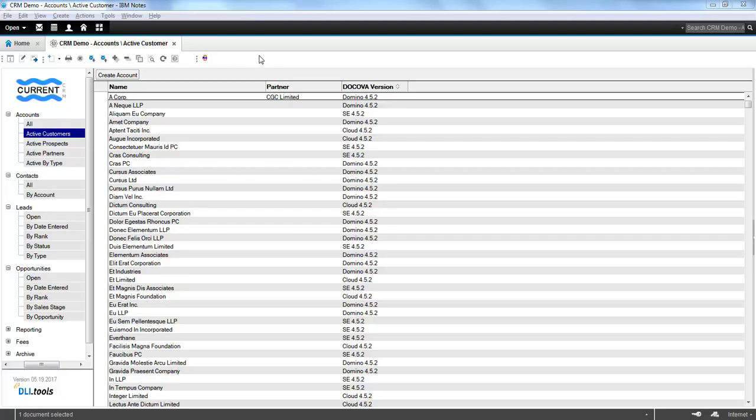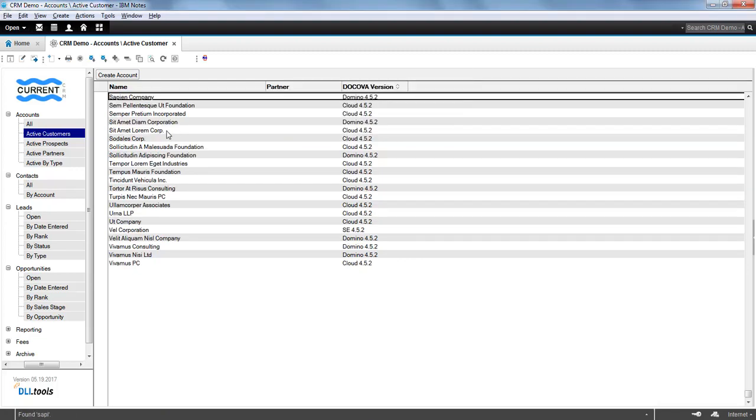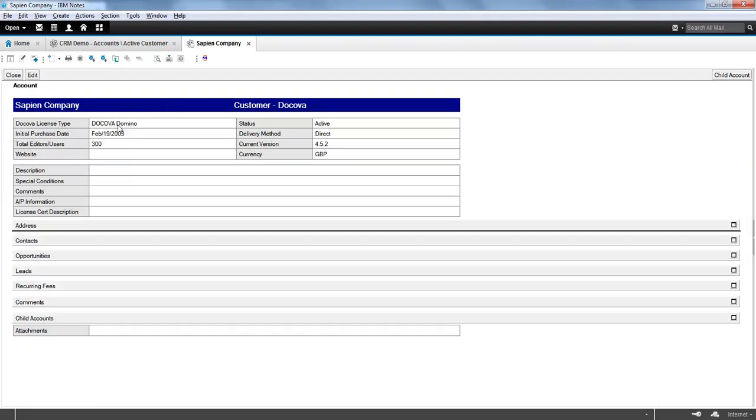In this video, we'll be showing the migration of a Lotus Notes client application to DOCOVA running on the SQL platform. This application is representative of real-life complexity, but it's still simple enough that we can show it in a reasonable amount of time. The context is a CRM application containing a variety of information, such as accounts, contacts, leads, and opportunities. If we take a look at one of the account records, we can see that it contains information about